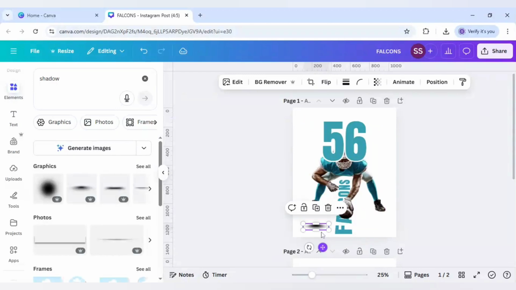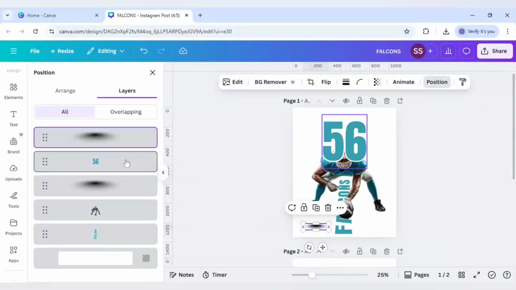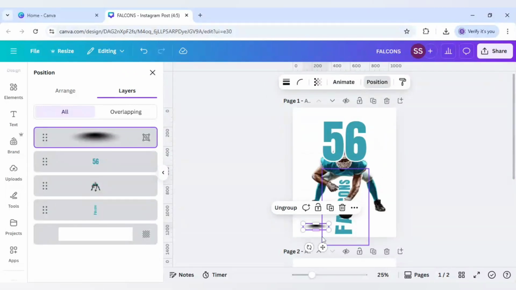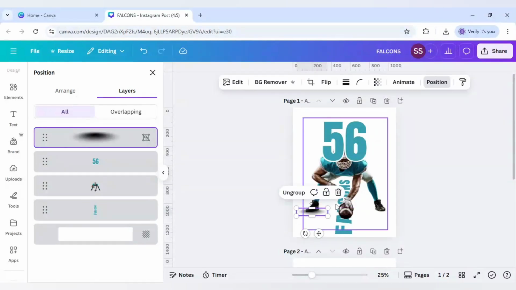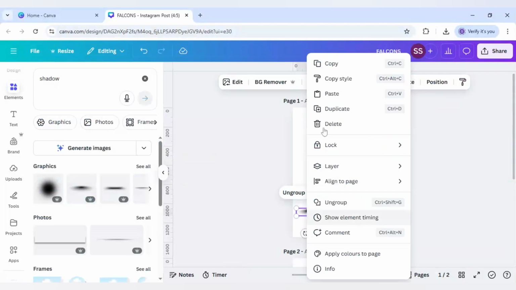I will duplicate it because the first one is not looking good with the single image part. So I will just go to layers, show layers again, and I will select these two layers and move to the same position, and I will then click on group. Okay, and after that I will just keep it here. Let's make it slightly bigger and adjust it using the keys in the keyboard, and after that I will just duplicate it